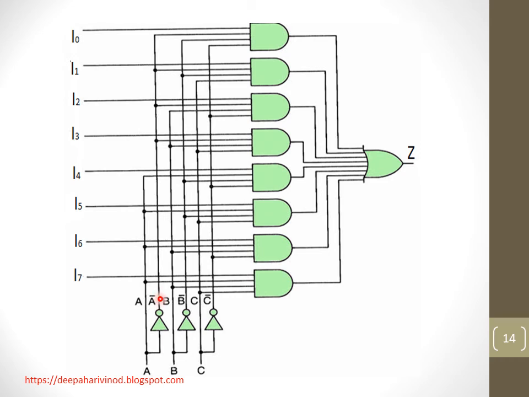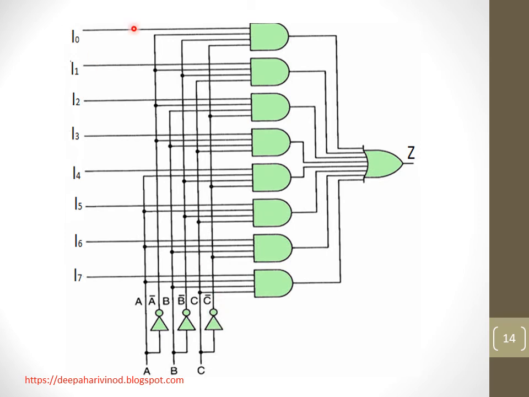So here we have drawn A, and A bar is obtained with the help of an inverter. So the output of this inverter will be B bar. In the same way, all the inputs or all the select lines have been drawn here. These are the select lines. Depending upon this only we will get the output.